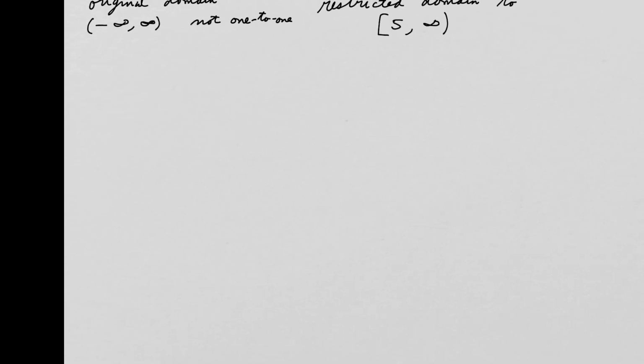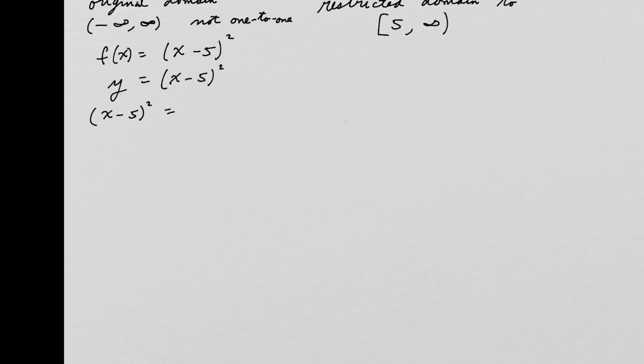So remember my original function was x minus 5 squared. So I'll make that y. Then I'm going to solve for x. I'm going to write this term on the left-hand side. And I need to take the square root on both sides. So I'm going to have x minus 5 equals, and this is really plus or minus, but which one do